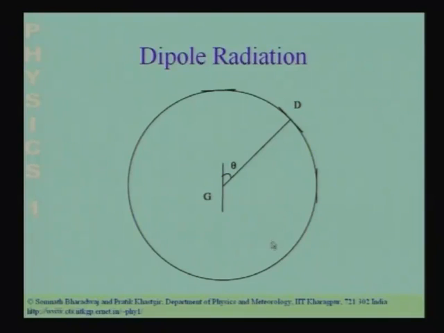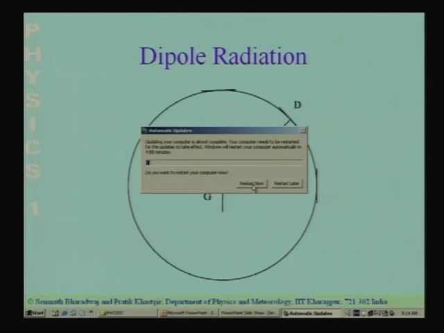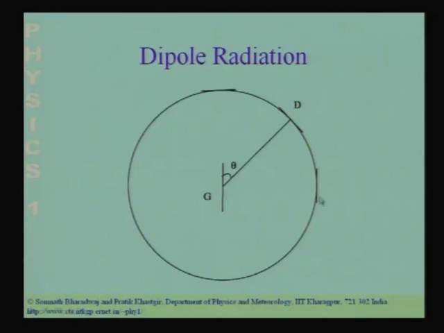So, let us consider a situation where I have a detector located elsewhere. So, this is what this picture shows us. I have a source, the generator over here, and I have a detector located a large distance away from this. The detector also is a dipole. So, we have a dipole here and a dipole here. The difference between the dipole which is the detector and the dipole which is the generator is that the dipole over here, which is the detector, is connected to a voltage detector, could be an oscilloscope.